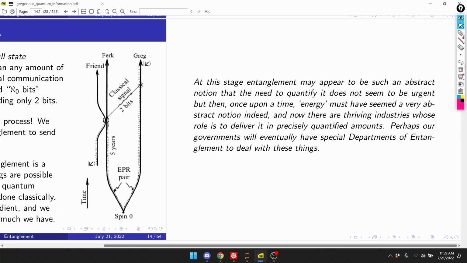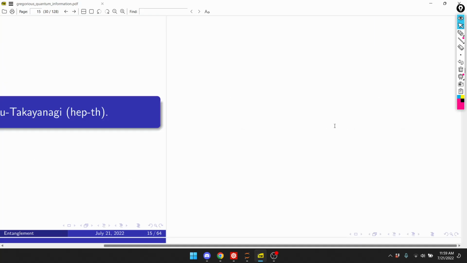It reads, "So at this stage, entanglement may appear to be such an abstract notion that the need to quantify it does not seem to be urgent. But then, once upon a time, energy must have seemed a very abstract notion indeed, and now there are thriving industries whose role is to deliver it in precisely quantified amounts. So perhaps our governments will eventually have special departments of entanglement to deal with these things." Okay,